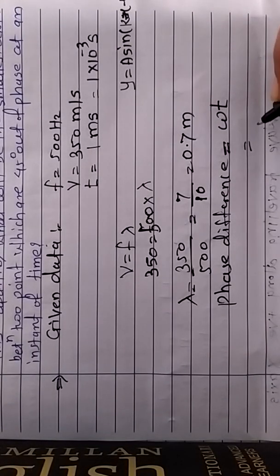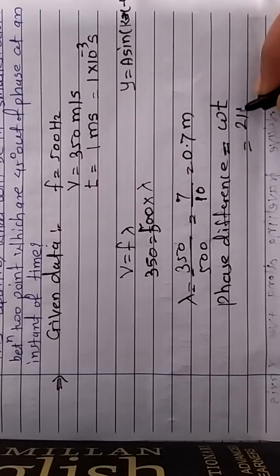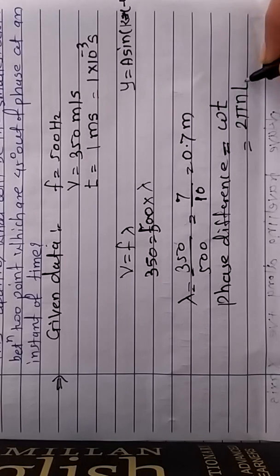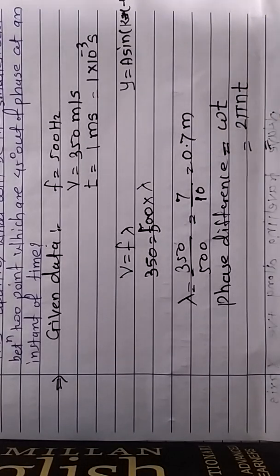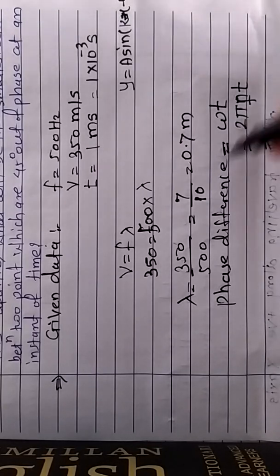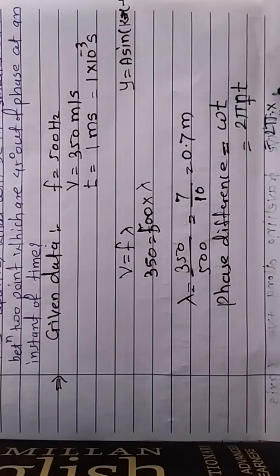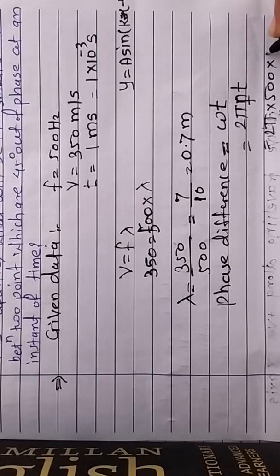But omega is the angular frequency, denoted by 2 pi n. Therefore, 2 pi f, where frequency is denoted by f. 2 pi into f, frequency 500, into t, where t is equal to 1 millisecond, means 1 into 10 raised to